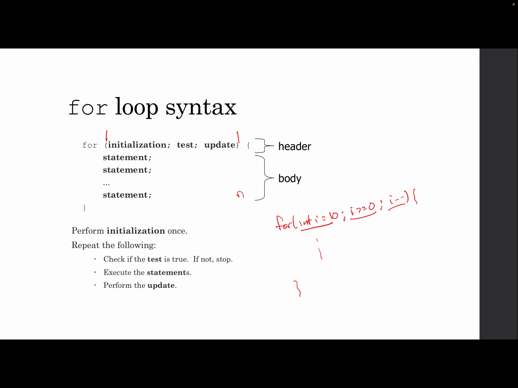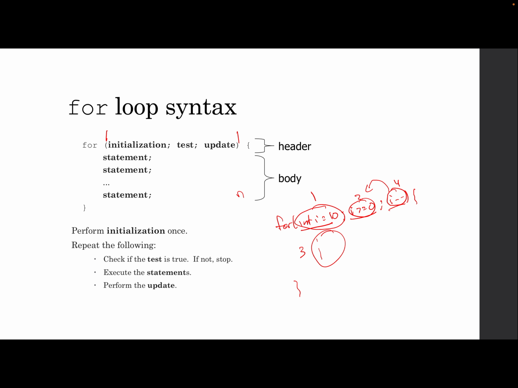So the initialization code runs once, this statement runs one time. Then the condition is tested, so this is step 1. Step 2 then is check the condition. If the condition is true, step 3, execute the body of your loop. After the body executes, then you run the update statement, this i--. Once the update statement runs, then you go back and you check the condition again, and you repeat this until